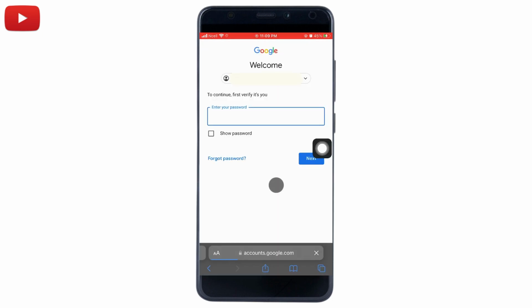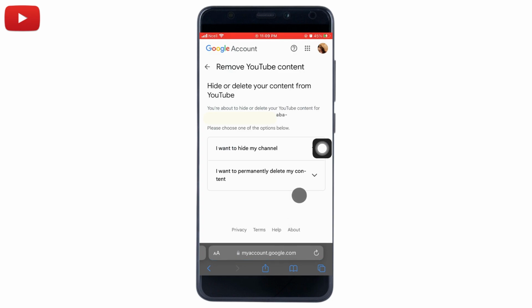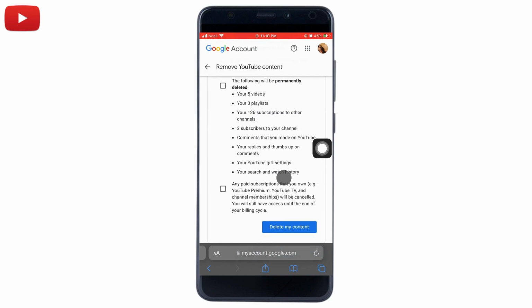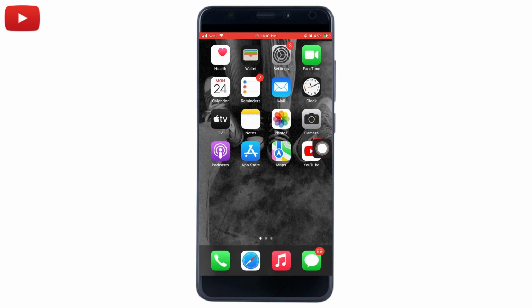After that, you want to type your password and then tap on next. Then YouTube will ask you if you want to hide your account or you want to permanently delete. To delete your account, you just want to click on both of the checkbox and then tap on delete my content. After that, you want to type your email address and then tap on delete my content. And that is how you can delete your YouTube channel in